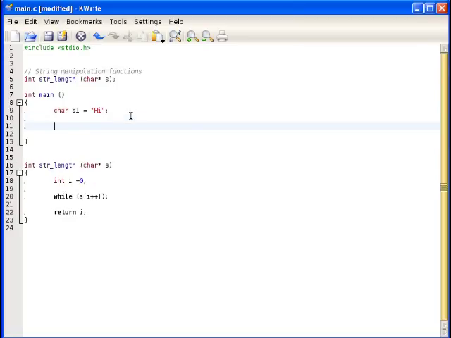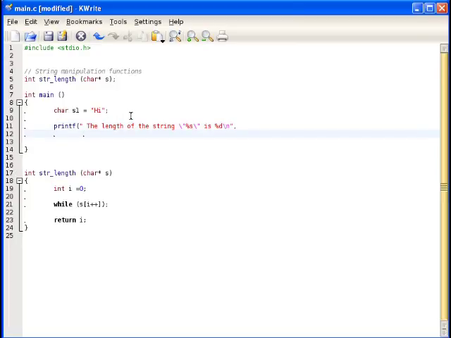Then I will have a simple printf statement. The length of the string, I'm neutralizing a double quote here so that it appears on the screen as a double quote. The length of the string %s, neutralize another double quote, is, insert an integer, \n for a new line, comma. The first value provided to printf will be a string, and